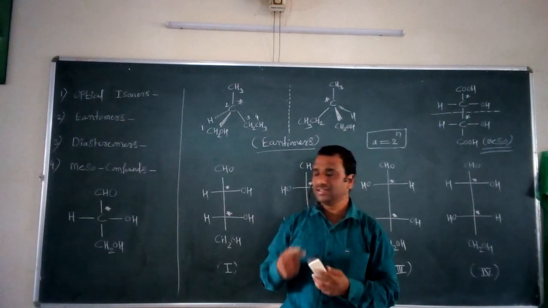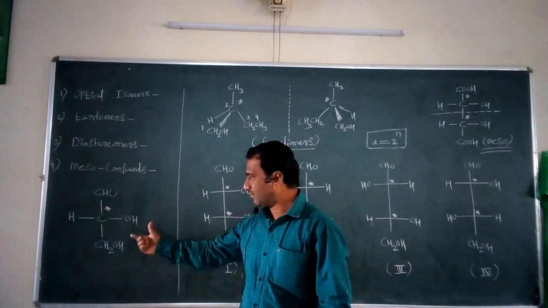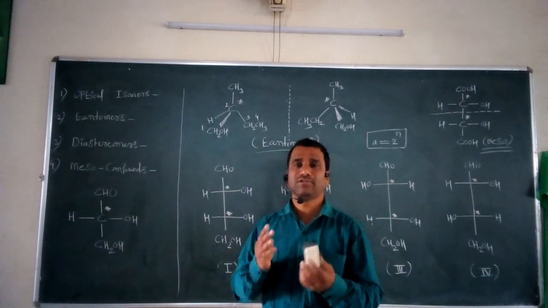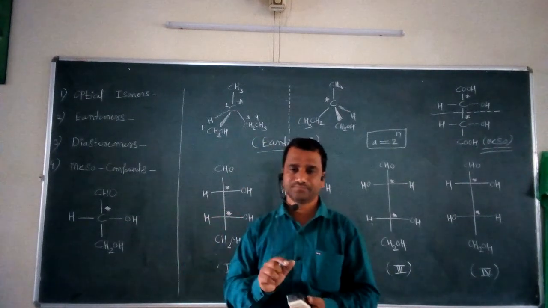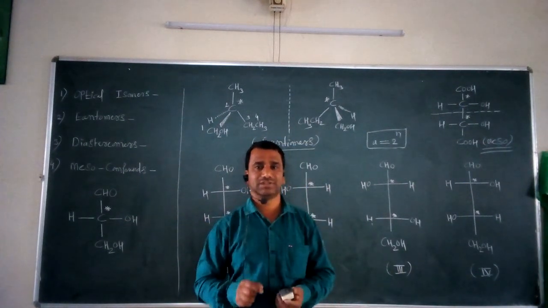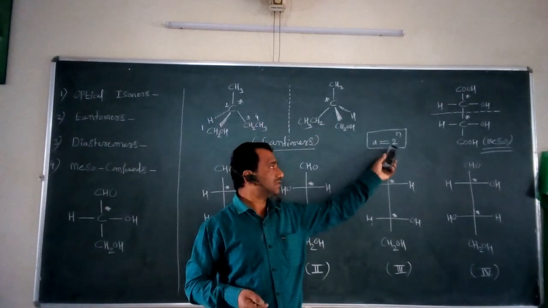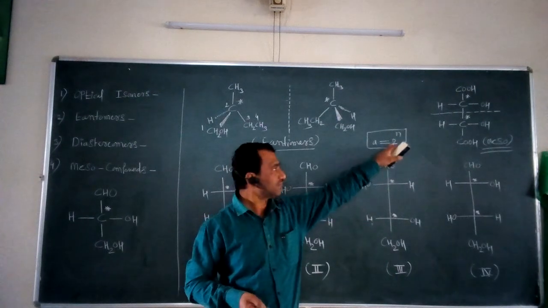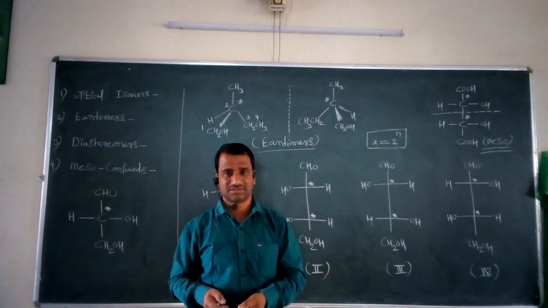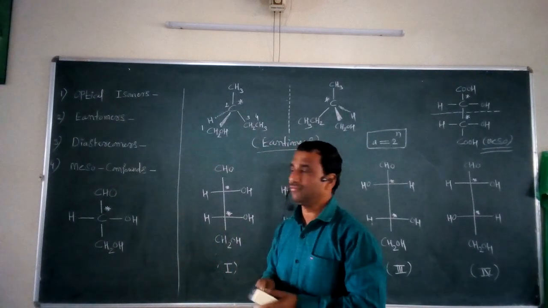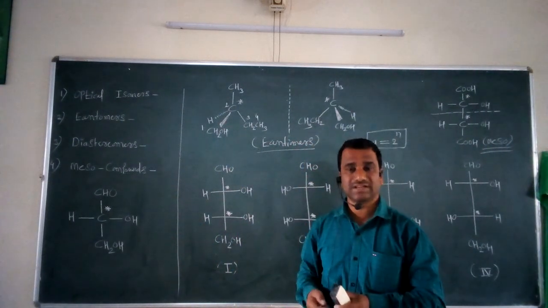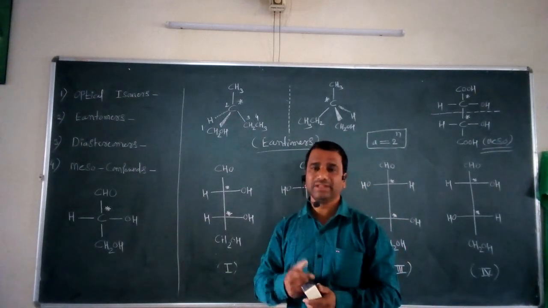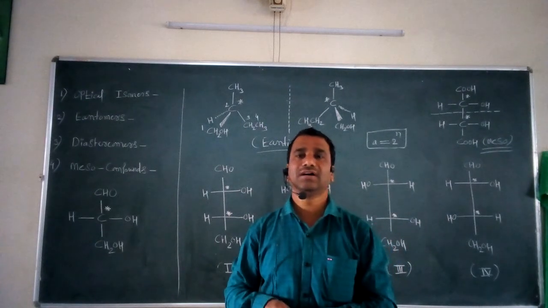Initially we studied a simple concept, what is a chiral center or asymmetric carbon atom, and how to calculate the possible isomeric forms for a given stereoisomer, which is calculated with the help of this simple equation: A is equal to 2 raised to n. In this case, A stands for the number of possible stereoisomers and n is equal to the number of chiral centers. So in this current lecture, we discussed these important basic concepts which are important for studying this stereochemistry chapter. The remaining points from this chapter we will take in an upcoming lecture.